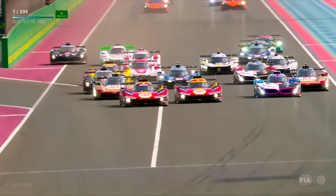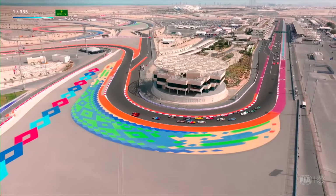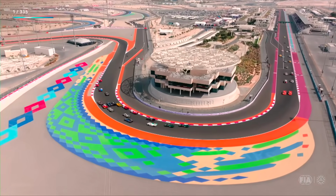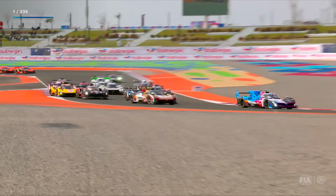Unfortunately for row 2 of the grid. That's Nick Nielsen trying to get alongside his teammate. The 51 car, James Calado, the pole sitter. The Ferrari cars are side by side. They run out wide. Calado keeps his nose in front, and the third place blue Alpine ahead of the gold